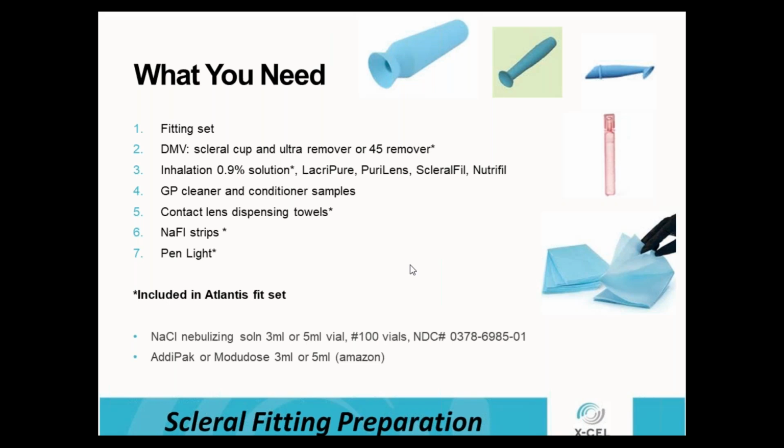Dispensing towels, which is nice because we do have all that saline and the fluorescein that we're going to have. We want to protect the patients from that. And then we include in our set a little pen light. So this makes it easy once we apply the lens to check for bubbles and to see our quick clearance. It's really nice to have that pen light available and quickly check for bubbles instead of putting that patient in the slit lamp to see if there are any bubbles. That pen light really helps. So just some things that you can prepare yourself and have readily available for that patient as you move along